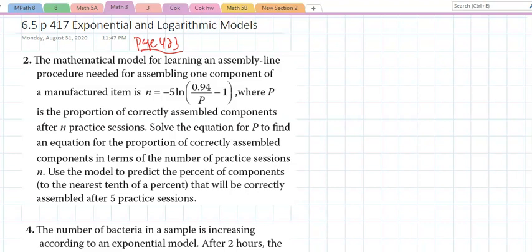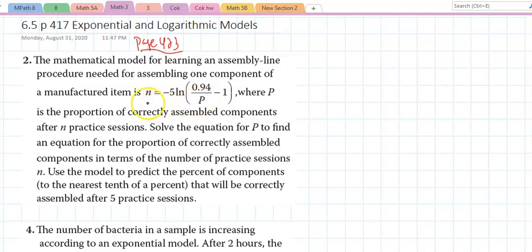Alright, section 6.5 talks about exponential and logarithmic models. All you need to do out of this is look at a problem and think: if it's a log, I know how to solve that. If it's an exponential, I know how to solve that. Fill in the blanks. I know word problems are not very pleasant to students, but not this section. This is a special case.